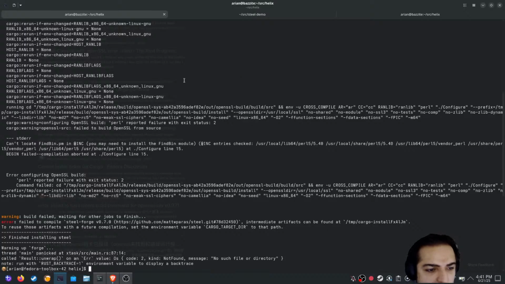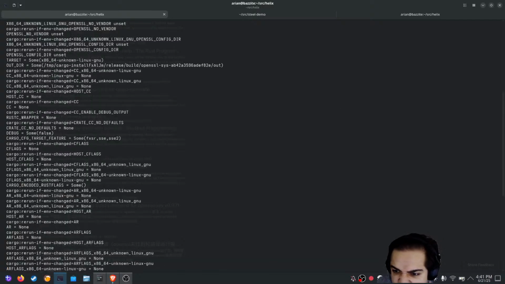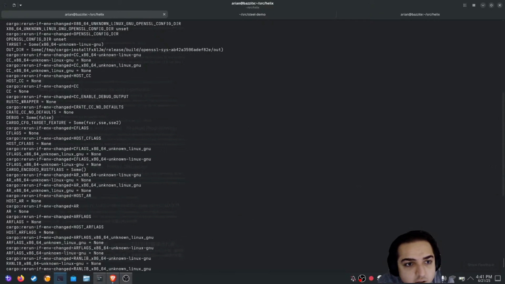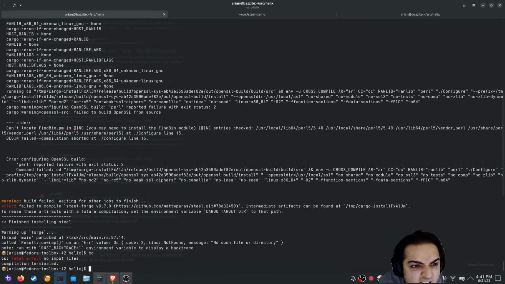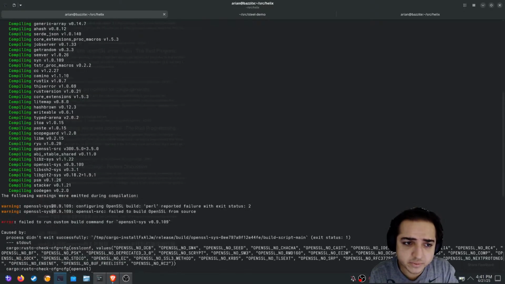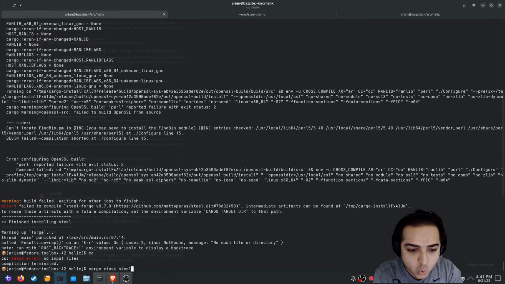So there I have a CC, right? Okay, yeah. It's trying to build OpenSSL from source. First of all, why is it building from source? Second of all, oh,